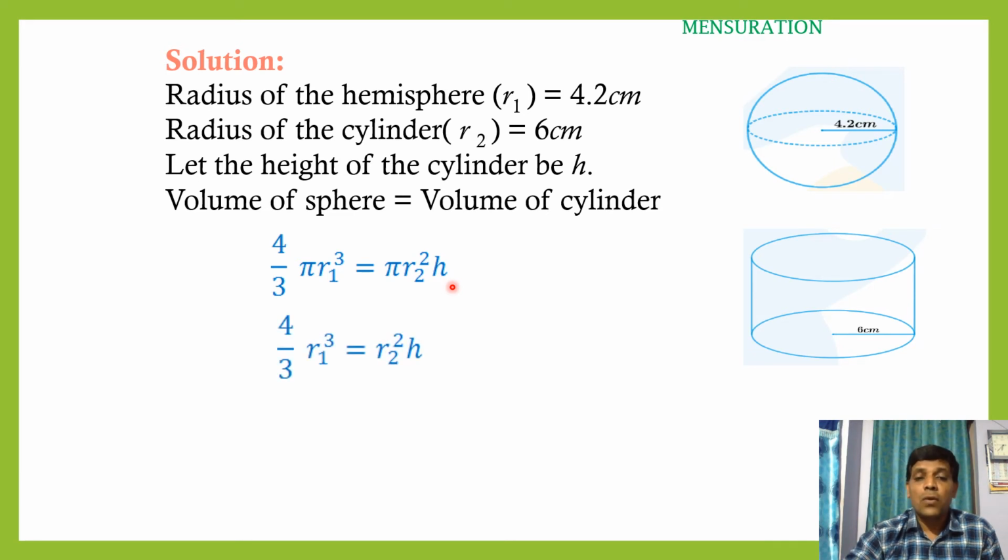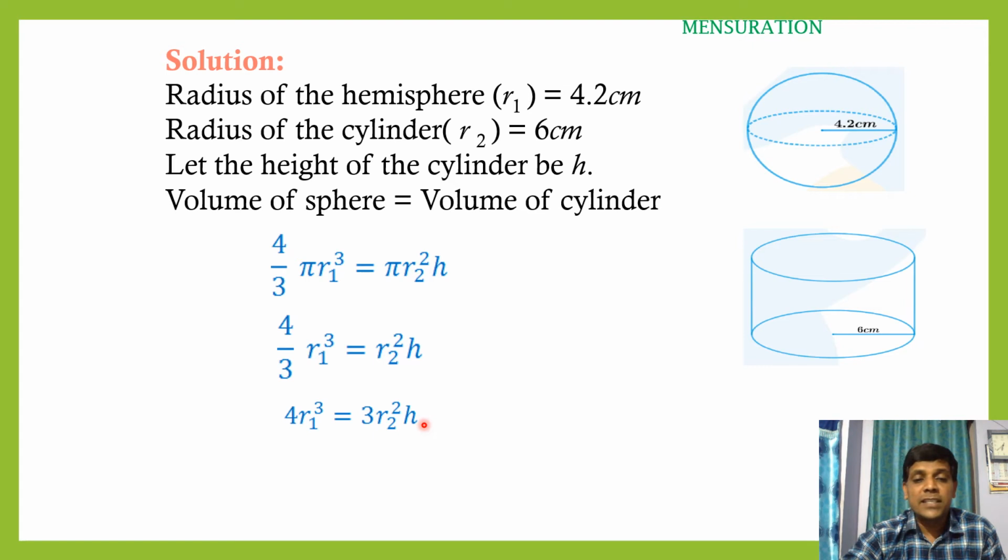Now next step, 4 by 3 pi r1 cube equals pi r2 square h. Here the equal terms of pi on both sides cancel. What is the remaining value? 4 by 3 r1 cube is equal to r2 square h. Now we have to find the height of the cylinder. The 3 in the denominator moves to the opposite side and multiplies with r square into h. This is written as 4 r1 cube is equal to 3 into r2 square